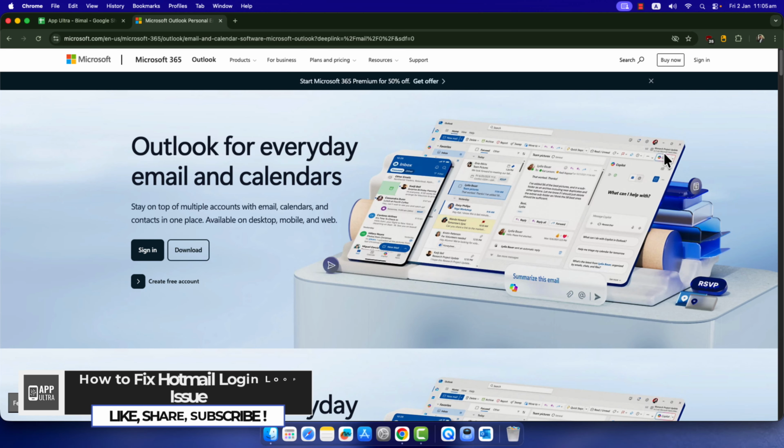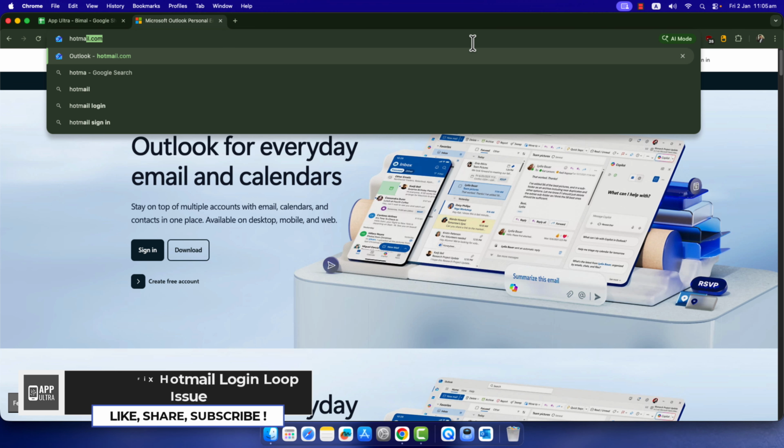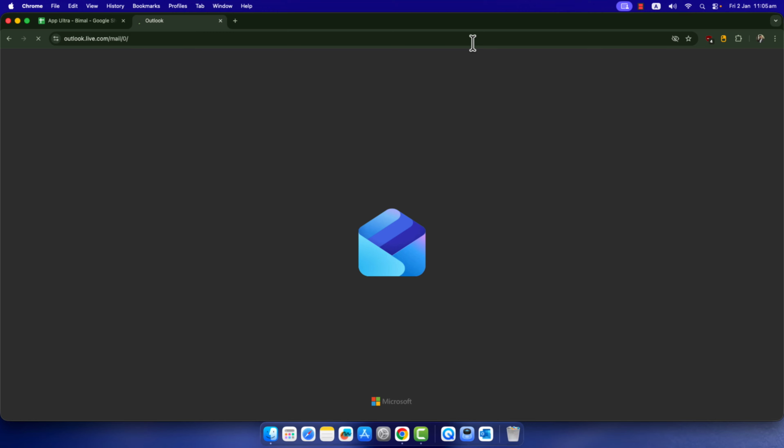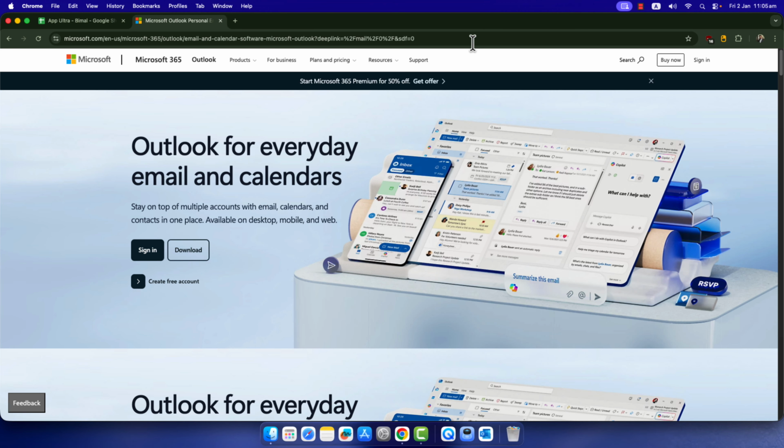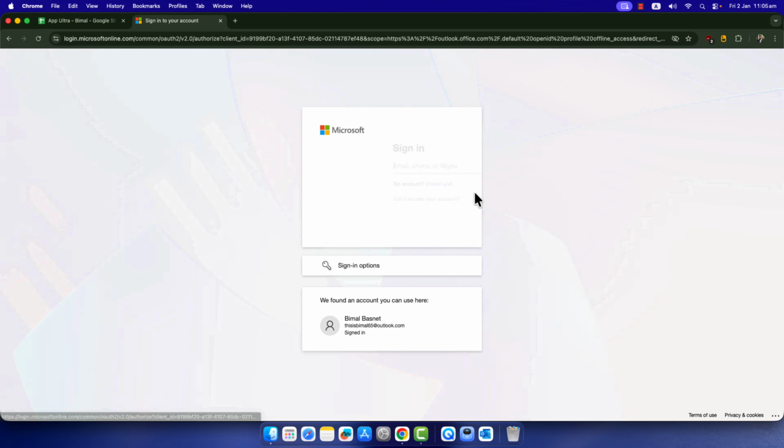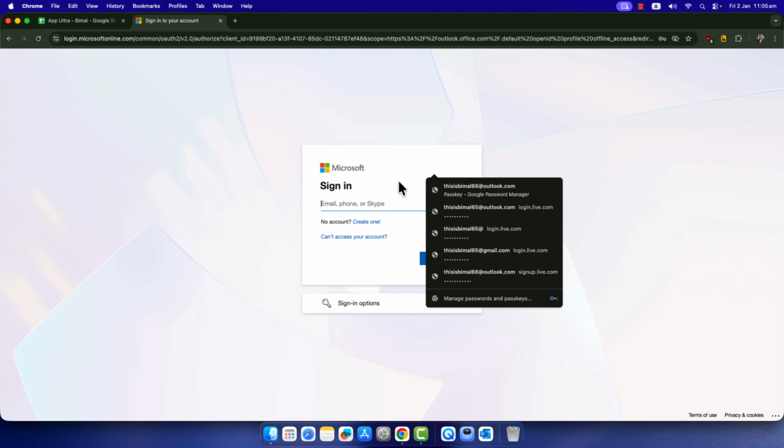How to fix Hotmail login loop issue. If you're facing a login loop issue on Hotmail, whether you're signing into hotmail.com from your browser or trying to sign in from the Outlook app, whatever the case is, if you go to the sign in button and you're seeing a repeated loop, like even after you're entering your password, it's taking you back to the